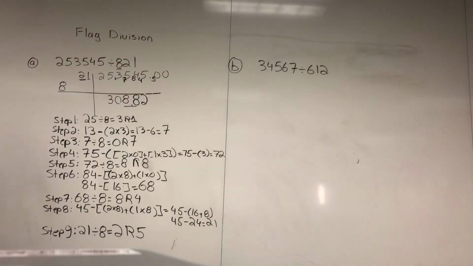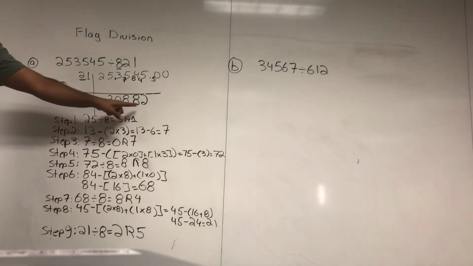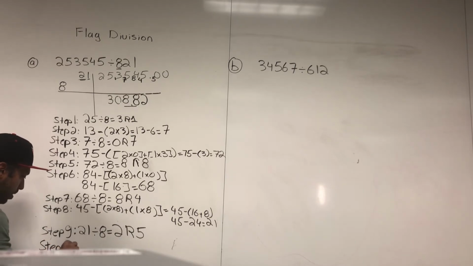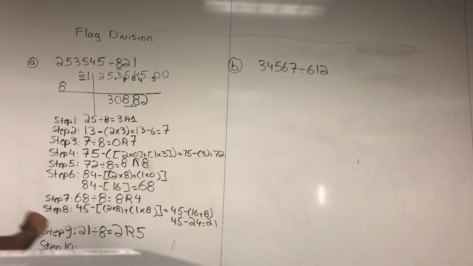Let's go one more step because that's going to tell me is my answer 0.82 or 0.83. Do I have to round up or keep it like that? That next digit is going to help us determine that. So finally, step 10. We have 50